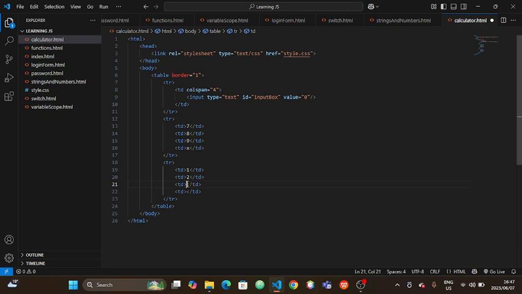Wait, I'm missing something, I'm so sorry. Okay, we have 4, we have 5, we have 6, and then we have a minus. And then outside this tr, we are creating another tr